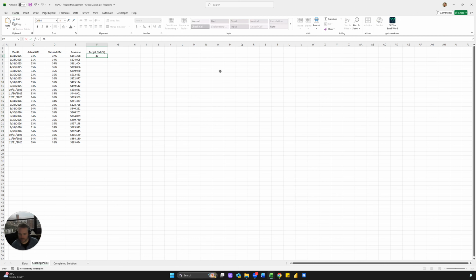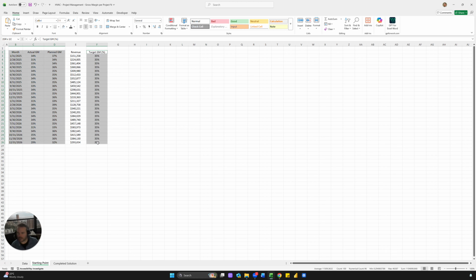And then here, I want a plan percentage. Let's just say it's 30%, equals that. And the reason I want it to equal is because if I change this, everything changes, and it'll be better for our target line. Okay, so to make the chart, I want to highlight these three,